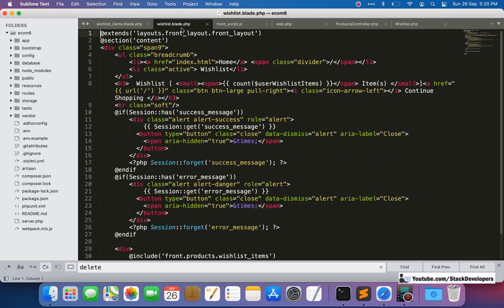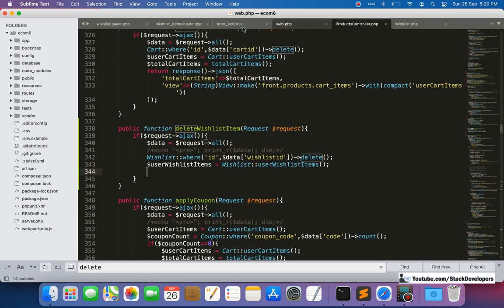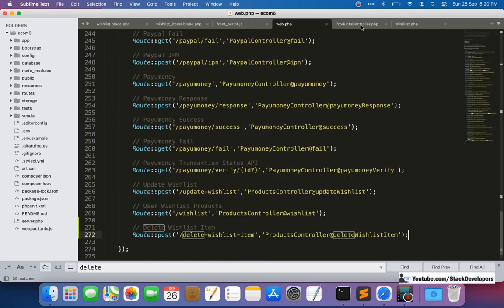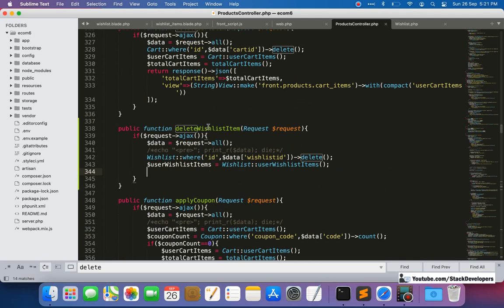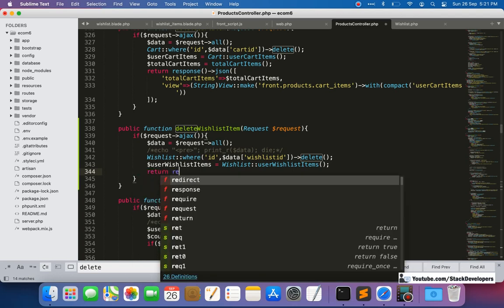Okay, I will open that wishlist.blade.php. Here a few things we need to update. One thing is this one will not work now, because it is static. When we delete the item, it will not show the updated item. I will show you first, then we are going to update this one later on, no issue. So let's continue and finish what we are doing. User wish list items, and after that return response. So let's quickly complete this one. Return response,